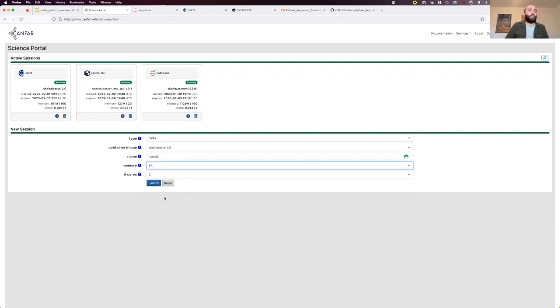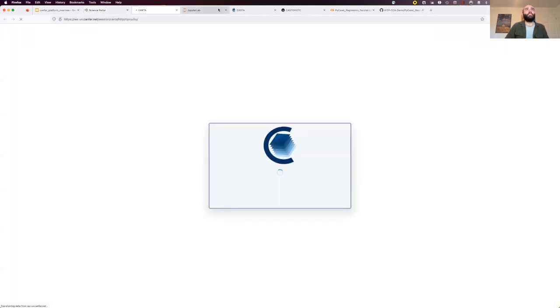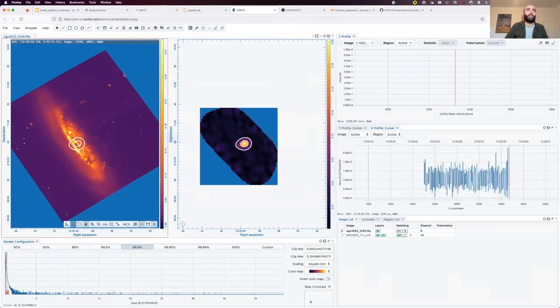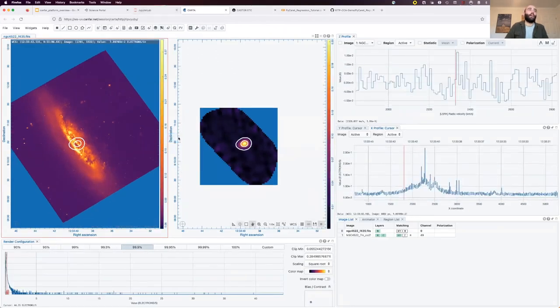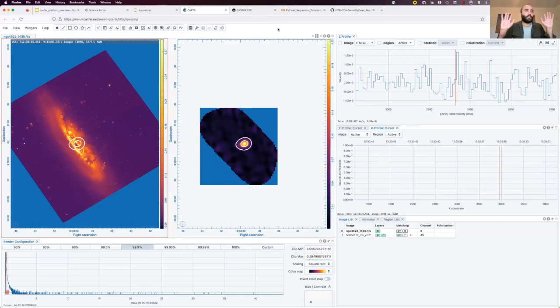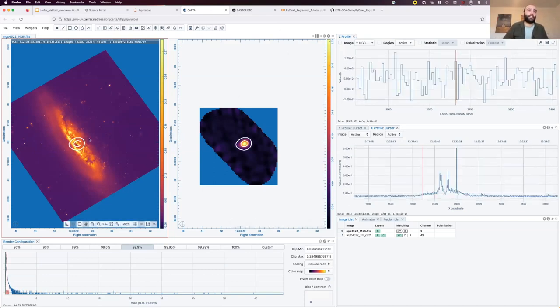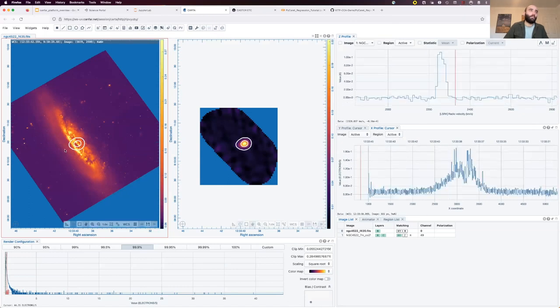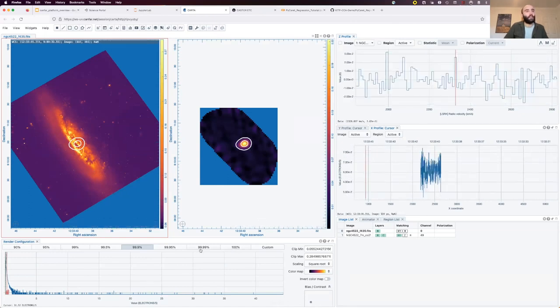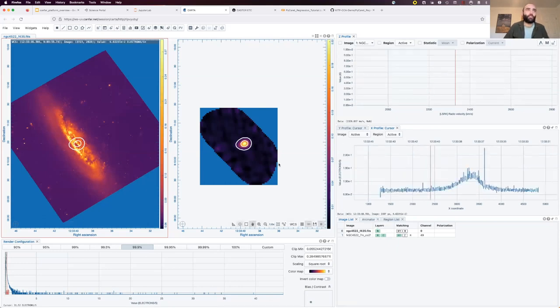And then if you click launch, that would launch this session that I already have open here handily. Here's one I made earlier. And you see here instantly that I have two sets of data, some HST imaging and then some ALMA imaging of the same galaxy. And it looks all nice.